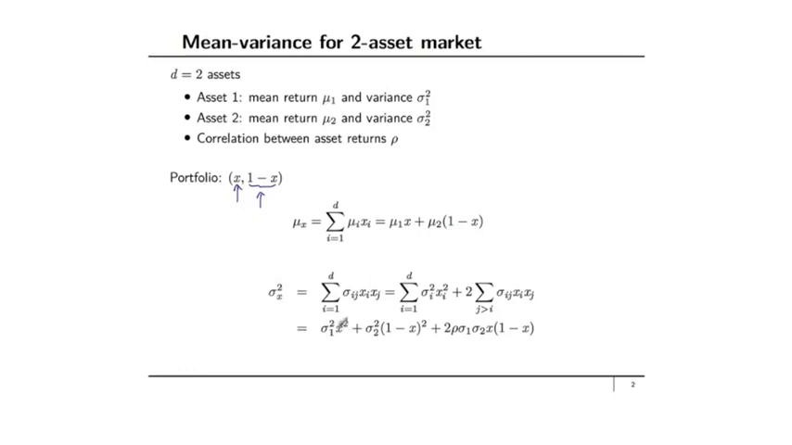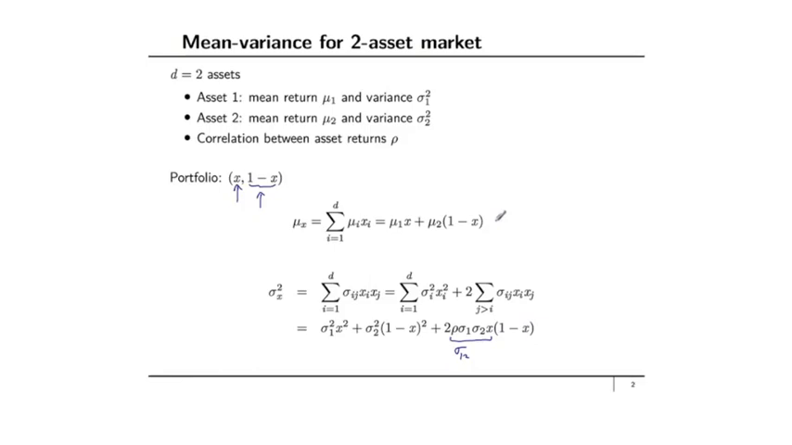What is the variance of this portfolio? It's going to be sigma 1 squared times x squared. That's the variance coming from asset 1. Sigma 2 squared times 1 minus x squared, which is the variance coming from asset 2, plus 2 times rho sigma 1 sigma 2. And if you go back, this is nothing but the covariance sigma 1,2 between the 2 assets, times x, the amount invested in asset 1, times 1 minus x, the amount invested in asset 2. It's very simple. It's one-dimensional in the sense that the only unknown is x,